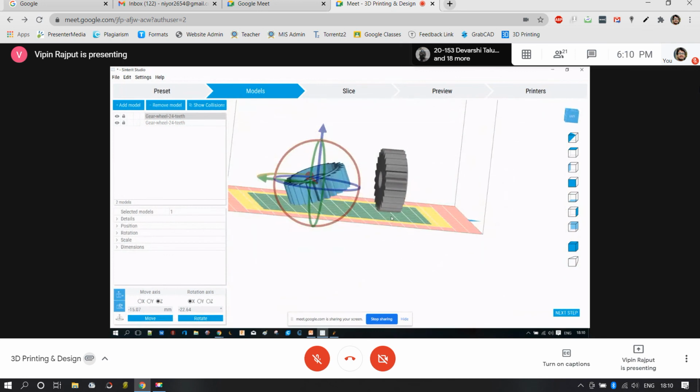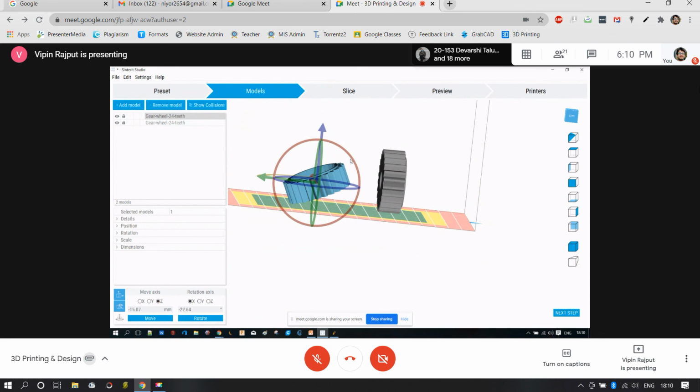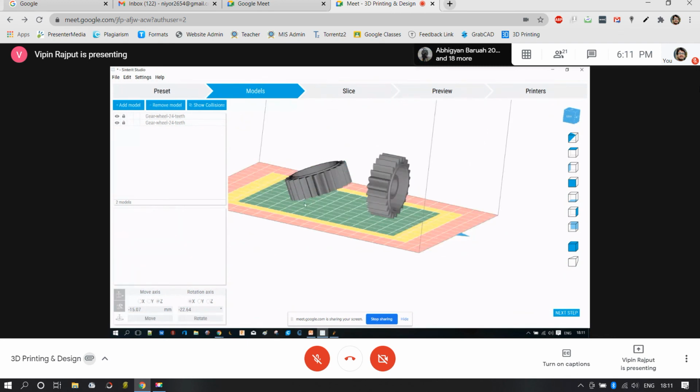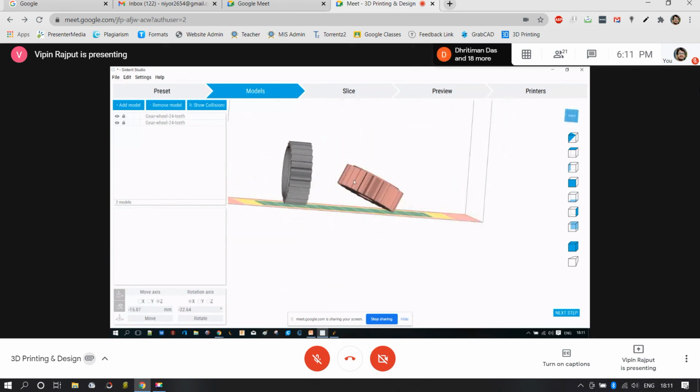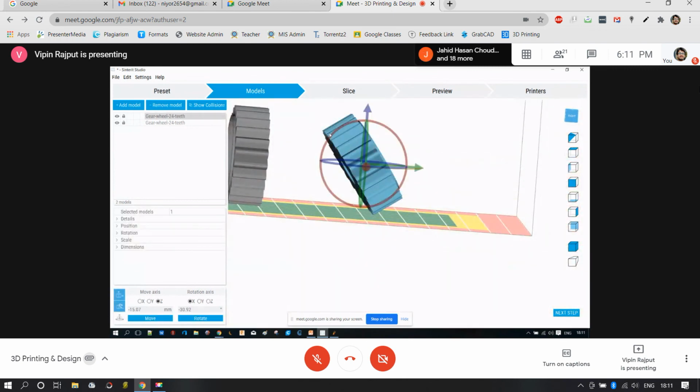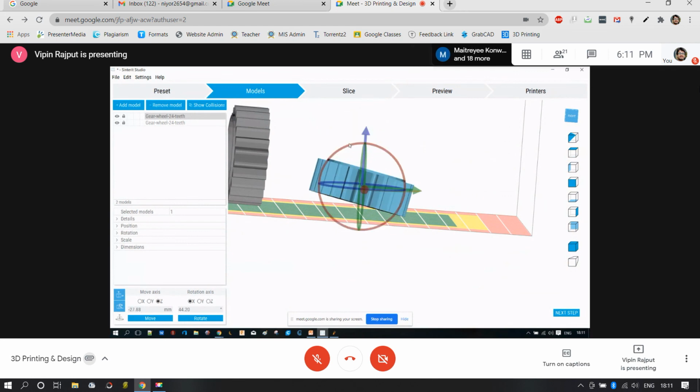In other words, a flat model should always be kept at an angle of 45 degrees, whether it is SLA or SLS technology. The reason is the same for both: the point contact area should be as small as possible. The least it is, the better it will be for your print. When I say inclined, it should neither be inclined by 5 degrees, which does not make any sense, nor 90 degrees, which is also of no sense.